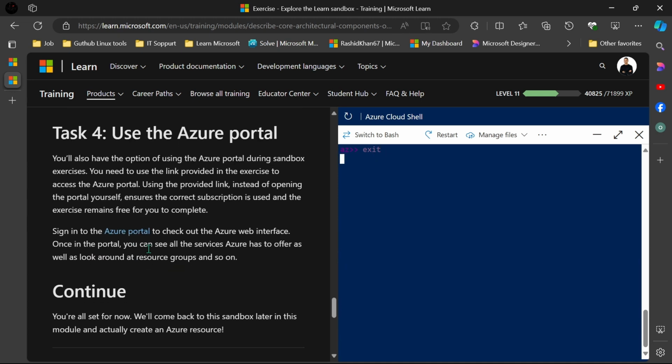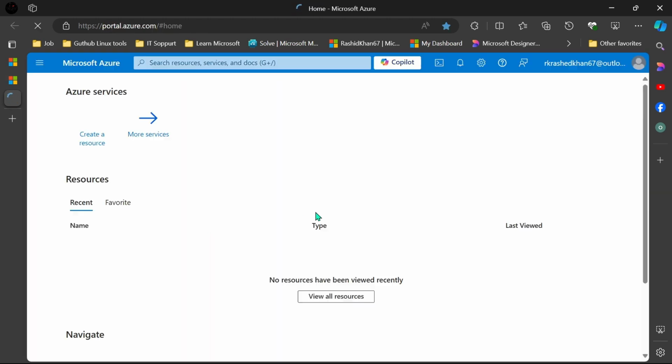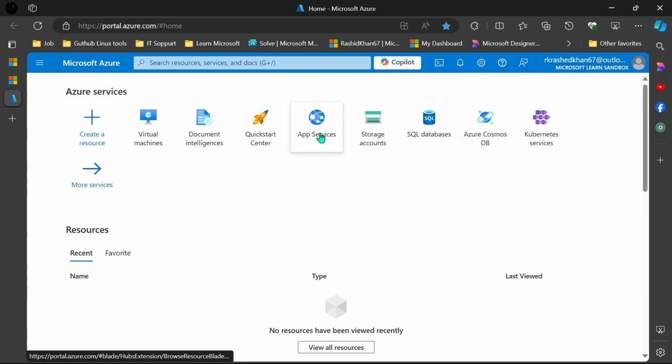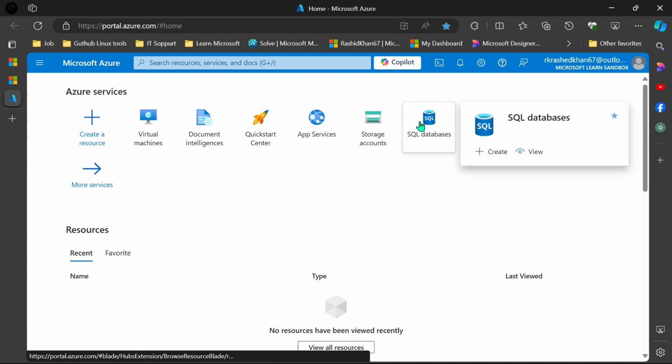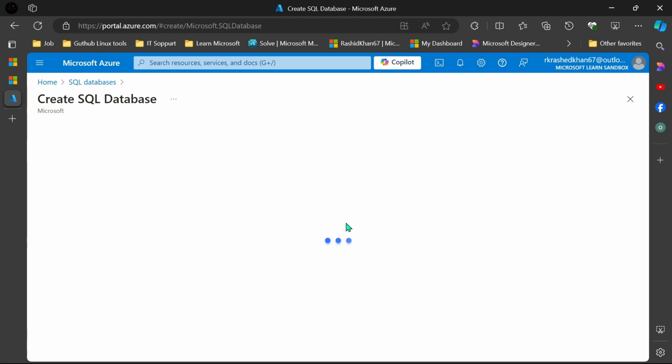Task 4. Use the Azure portal. You'll also have the option of using the Azure portal during sandbox exercises. You need to use the link provided in the exercise to access the Azure portal. Using the provided link, instead of opening the portal yourself, ensures the correct subscription is used and the exercise remains free